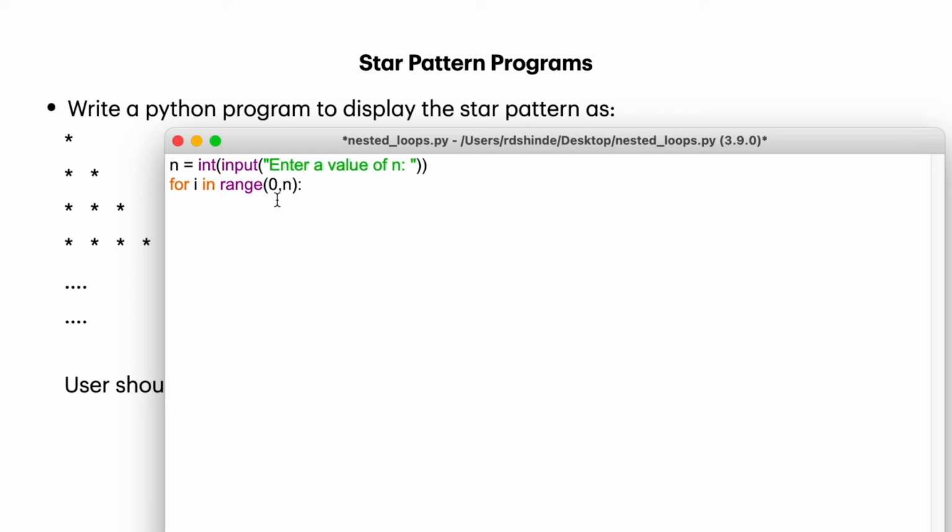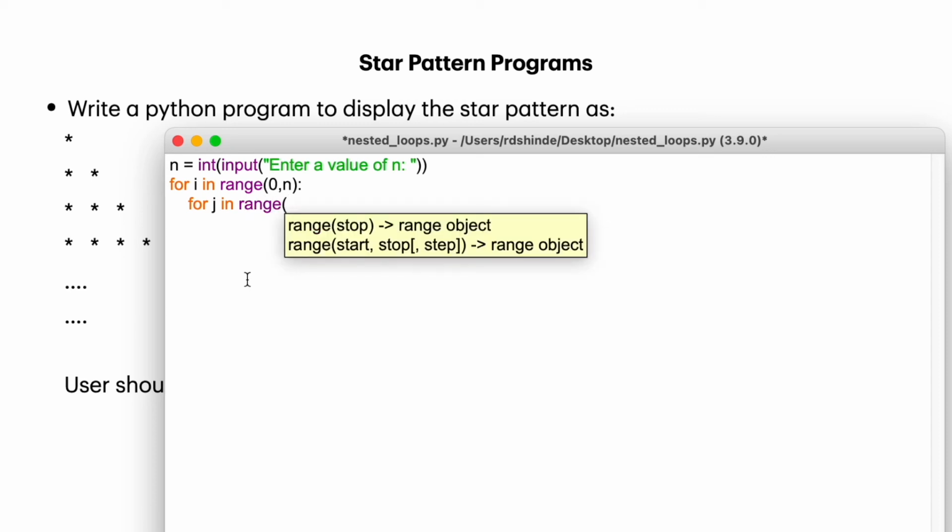Now our second for loop will come under this for loop: for j in range. How many stars we are going to print in our rows will be decided by this for loop. So try to understand here.